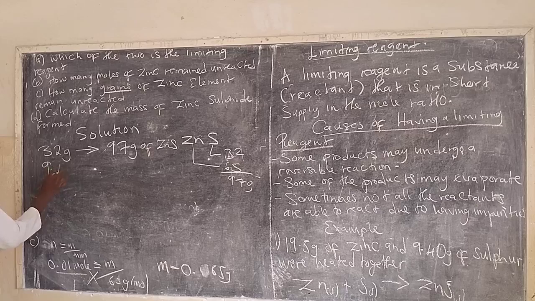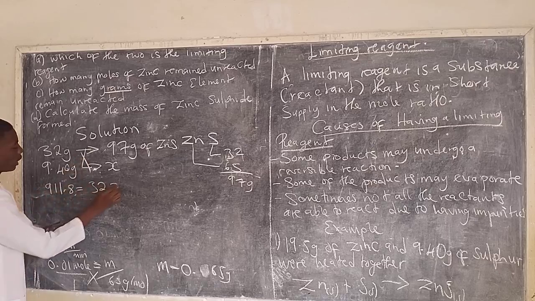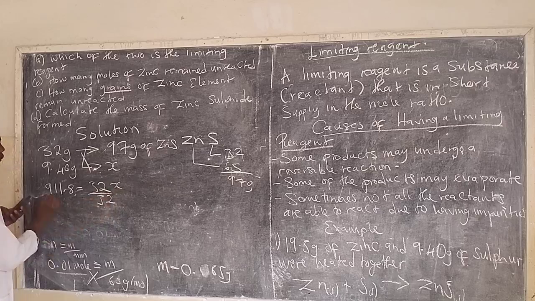So then we get the actual mass that was used. How about 9.40 grams? How much mass will be produced? We do that, then we cross multiply. When we cross multiply, we are getting 97 by 9.4, which gives 911.8, should be equal to 32x. We divide by 32 on both sides. We are getting x to be equal to